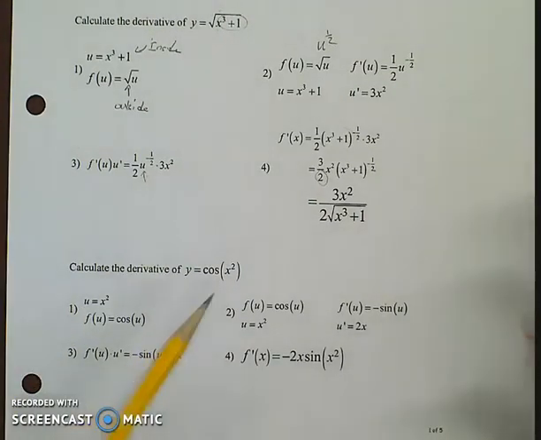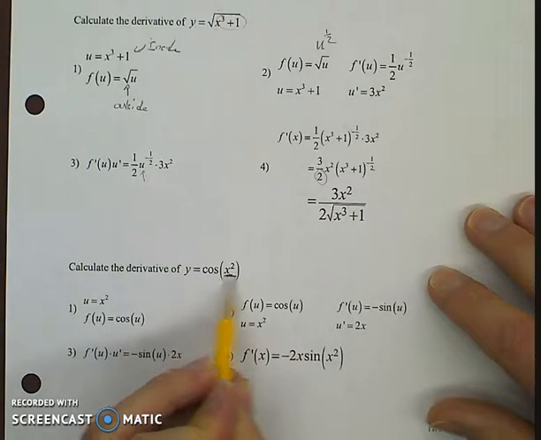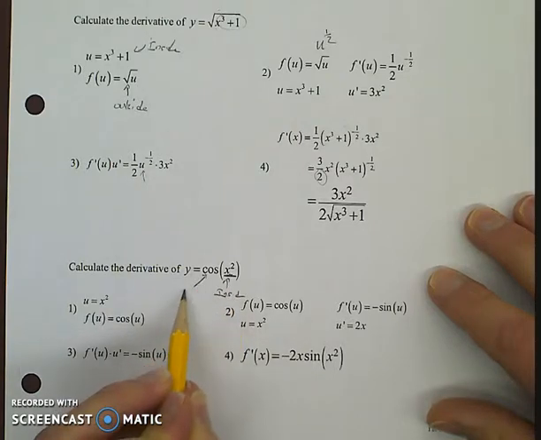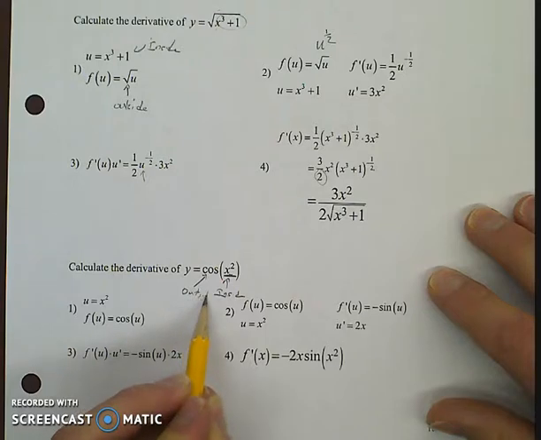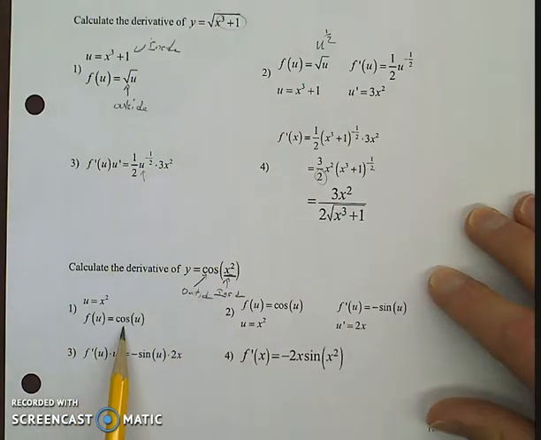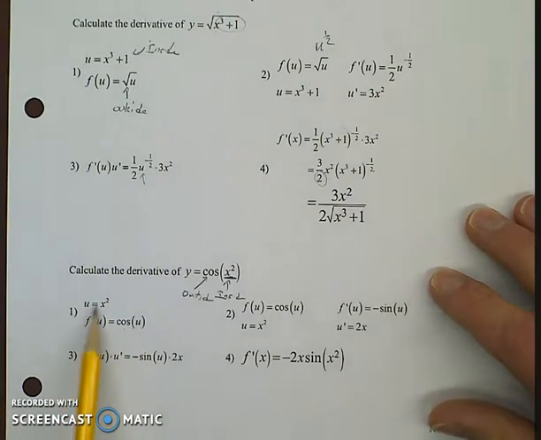Second example, inside function, right here, inside. Cosine of x is your outside. Outside function, cos f of u is cos of u. U equals x squared. We could just plug back in to get f of x. Take the derivative of each, 2x, and negative sine u. Remember that the derivative of any trig function starting with c is negative. So we got negative sine u. We multiply those two together,